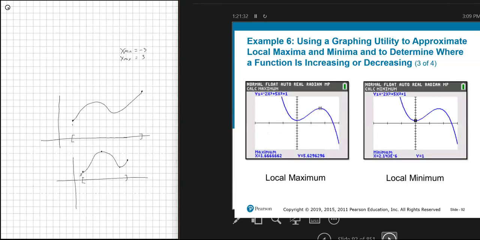Okay, so here we had, we're going to say 1.67. So at 1.67 is where it changes direction. So from negative infinity to 1.67,